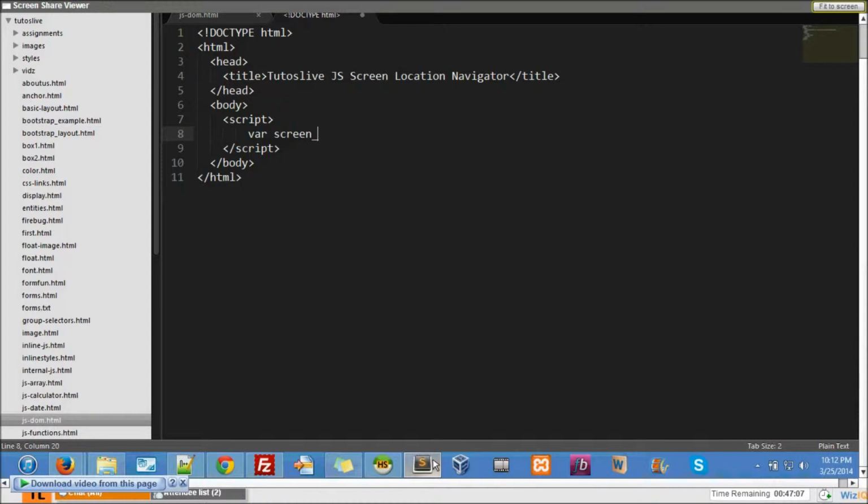document.write(str + br). So here I'll say print the actual size or width of the screen is screen_width. Okay, I'll say this as